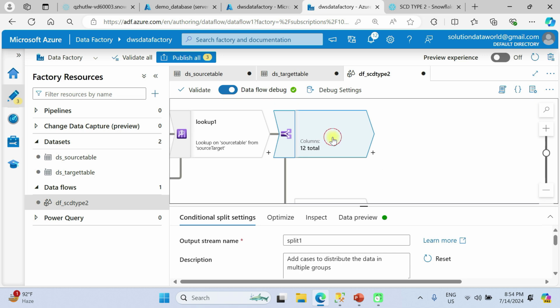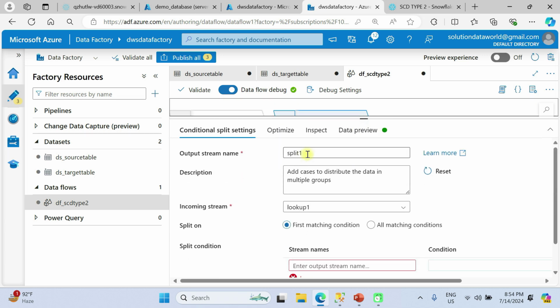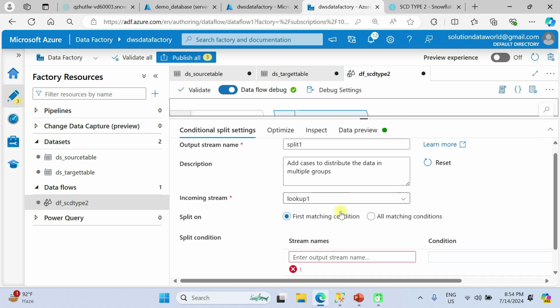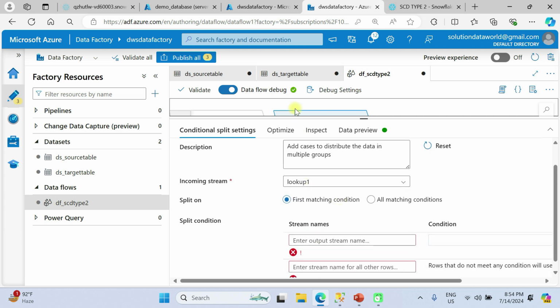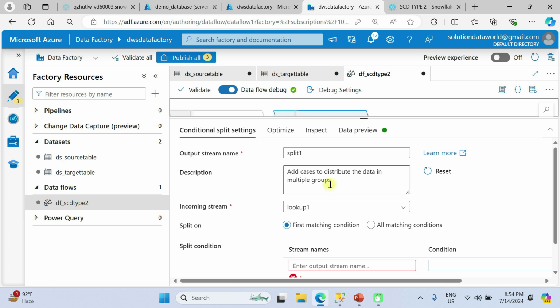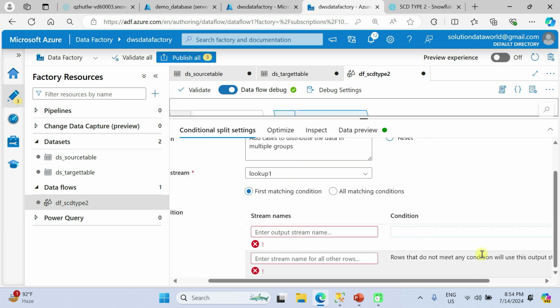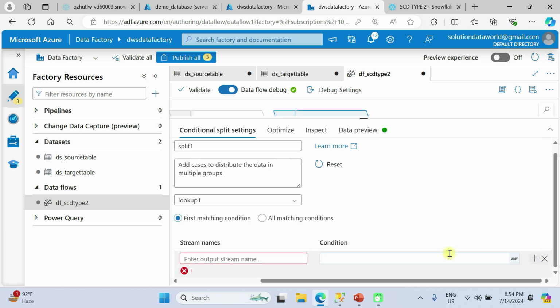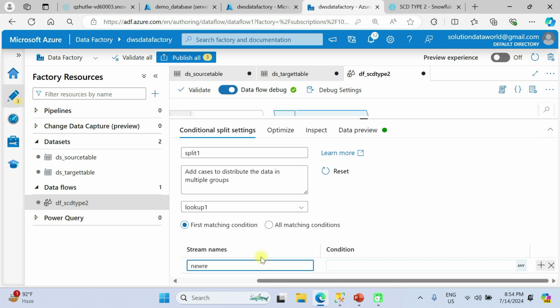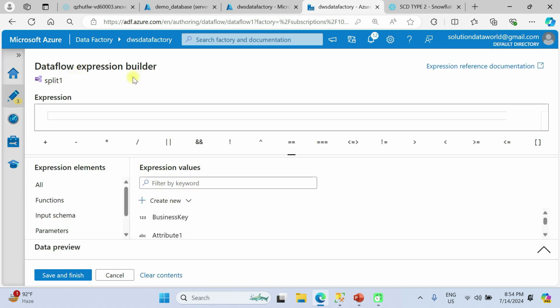Okay, so click on this, and let's name it split 1, and incoming stream lookup 1 transformation as before. And first we need to delete the default transformation and write here new record stream. Okay, so click on here to open this expression builder, and we want here the formula is null